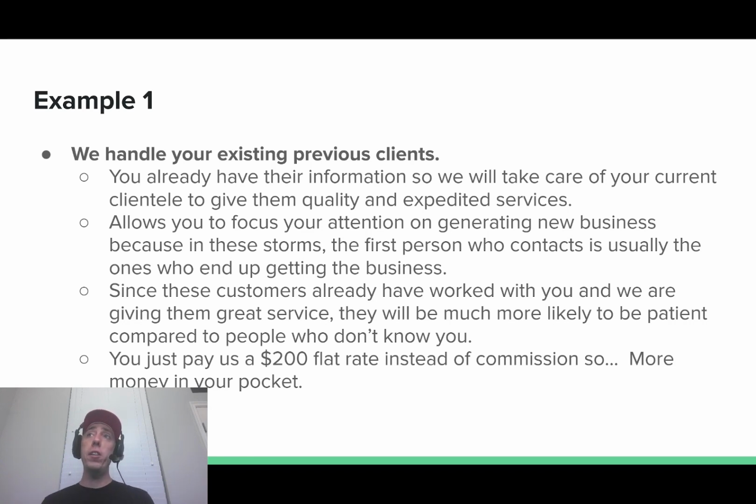Basically, you either tell us which ones you want us to go to, or you give us the list. We'll parse that information with the storms, figure out which ones are potentially impacted, let you know, and you can go down that list and say, I want you to contact this guy, this guy, this guy, this guy, this guy, right? Okay, both of those are totally fine, but this will allow you to focus your attention on generating